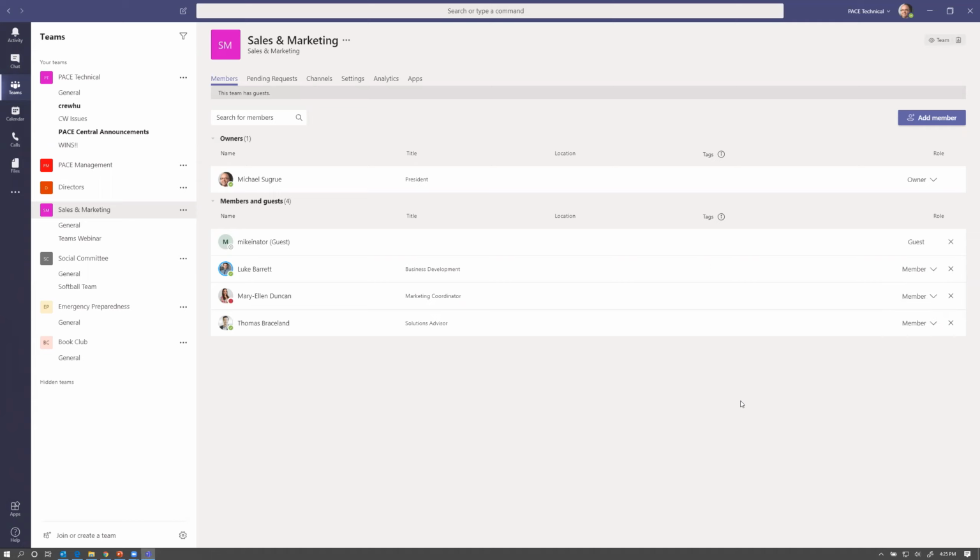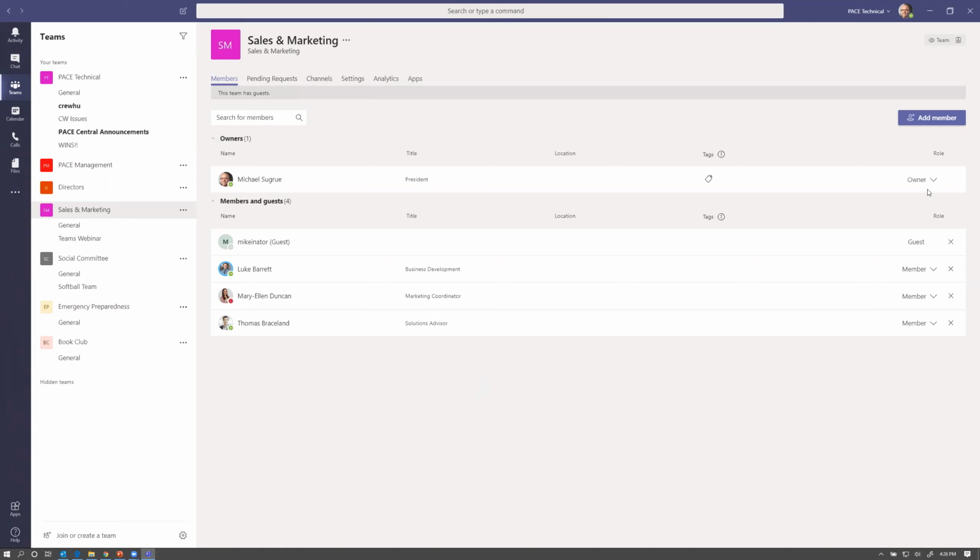By default, you can have 2 owners to any team, and there could be some advantage to using 2 owners, just in case, let's say for right now in the sales and marketing group, if I'm away on vacation and we needed to add a member or give guest access to another member, and I'm not available to approve someone, then that might hinder our ability to involve that other person. Whereas if we had 2 owners, hopefully one of them would be around to make some approvals.